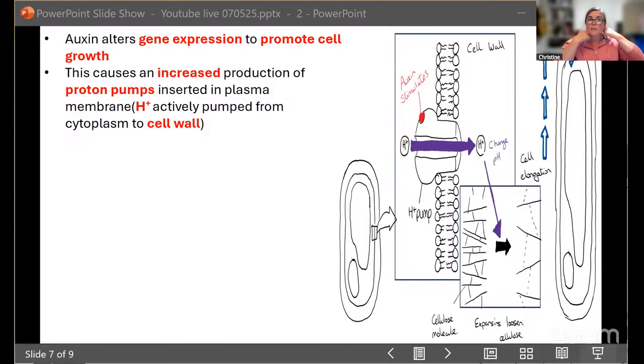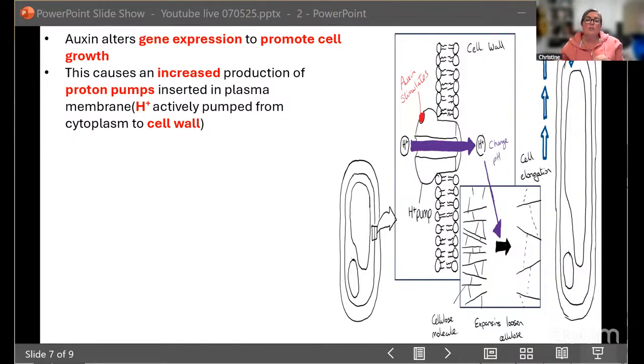So auxin is going to bind to a transcription factor inside the plant cell. That's going to increase the production of these proton pumps, which will be inserted into the plasma membrane. And that will then cause hydrogen ions to be actively pumped from the cytoplasm